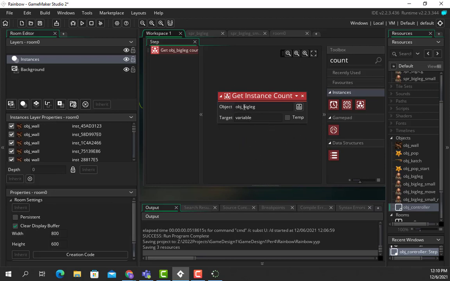But here we say object big leg. We're going to make a temporary variable called num_big_legs. Make sure to click on the temp thing, because you don't want to create this new variable for every controller you might think. We only want this temporarily to be there while we're counting in this one event handler. Once this event handler is over, we want this to go away. So the number of big legs,